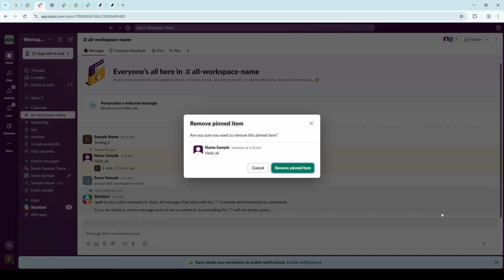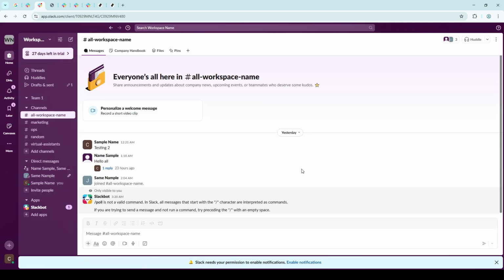A simple yet effective way to manage essential communications using Slack's pinning feature. By the end of this guide, you should feel confident in keeping your team on track and